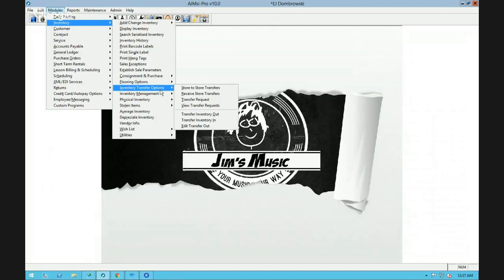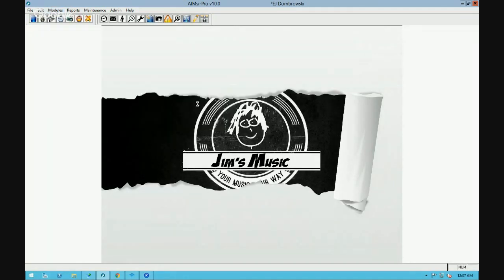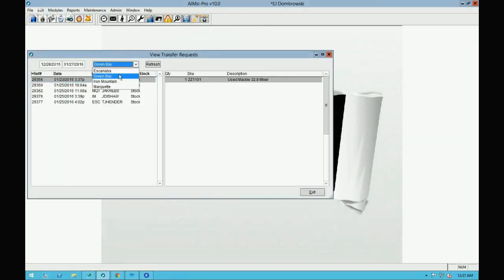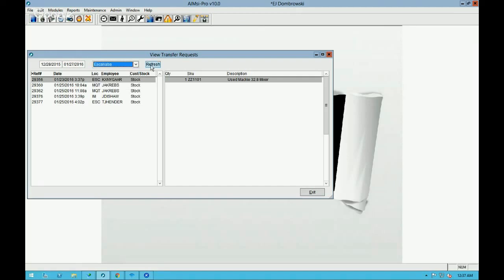Nothing should have to fall on the store that has the item besides pulling the product and setting it off to the side. So when you get a phone call, you do not transfer it in the system. What you could do in this situation is view transfer requests. And this was pulled from Escanaba. And one trick with this today, you'll notice a couple of things. First off,